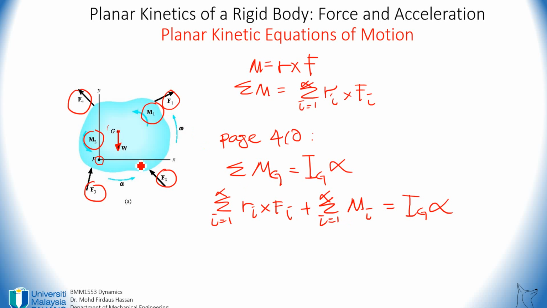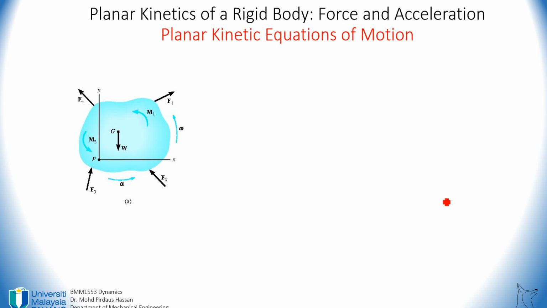Okay, instead of referring to point G, here you are referring to point G, the center of gravity. So the equation is very easy. You can straight away write, on your right hand side, Ig times alpha. No additional term here. But in some problems, if you want to use the equation, the summation of moment,